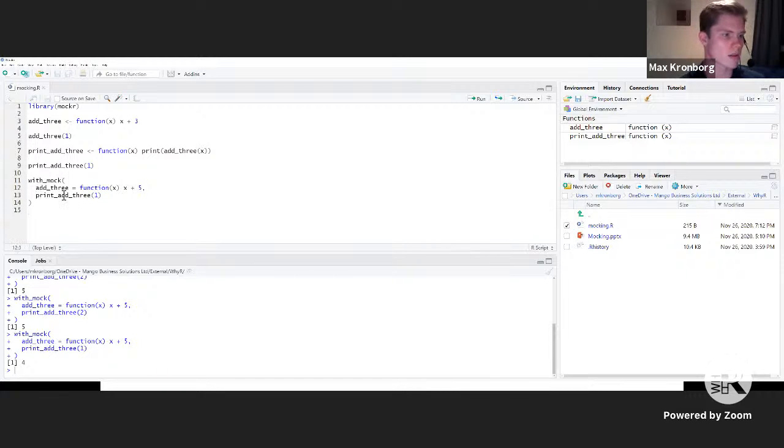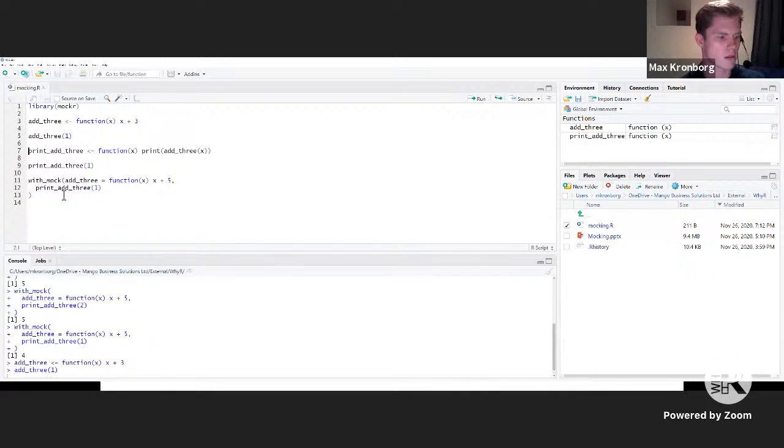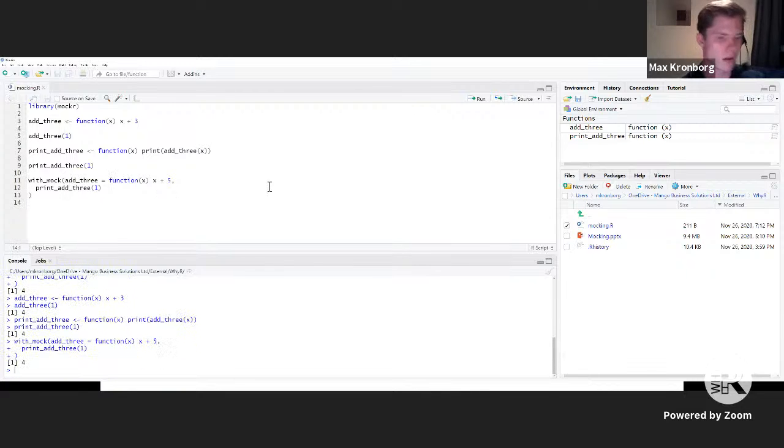Just gonna change something. Okay, I'm actually not really sure what's going on right now. I ran this 20 minutes ago, and it worked. That's extremely strange. I'm just gonna try one other thing just in case.